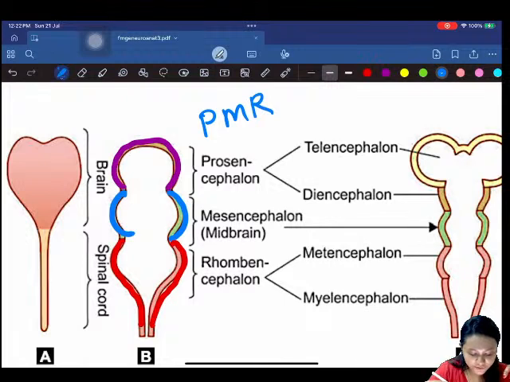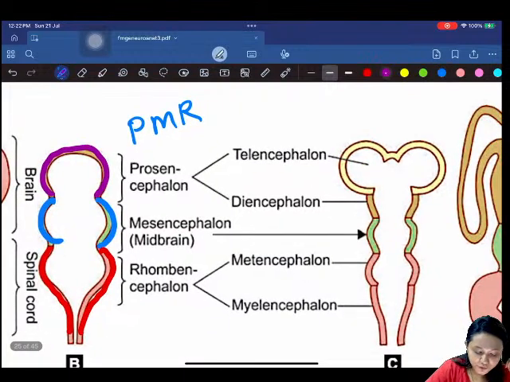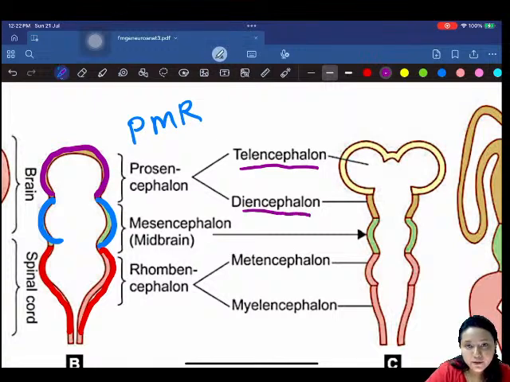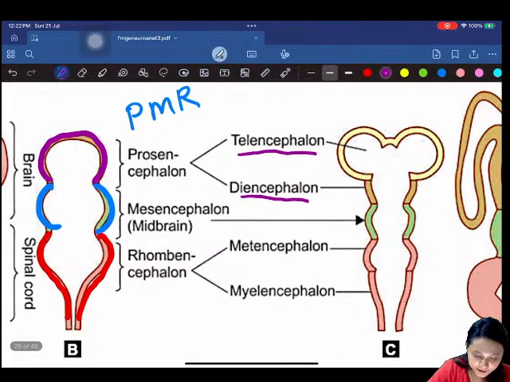The prosencephalon, the brain, is again divided into parts. The mesencephalon is the midbrain. Now prosencephalon is again divided into telencephalon and diencephalon. Then mesencephalon is directly forming the midbrain, and rhombencephalon is again divided into